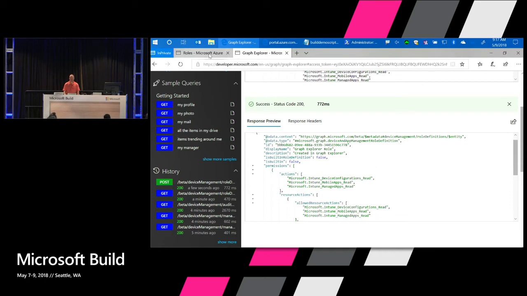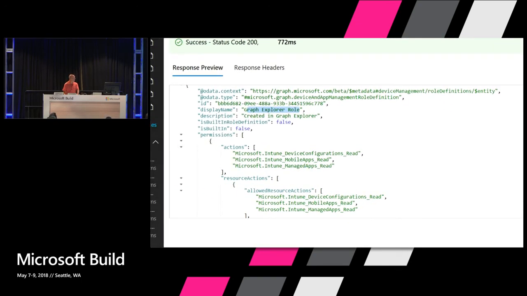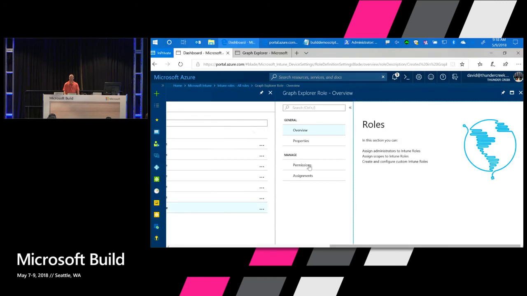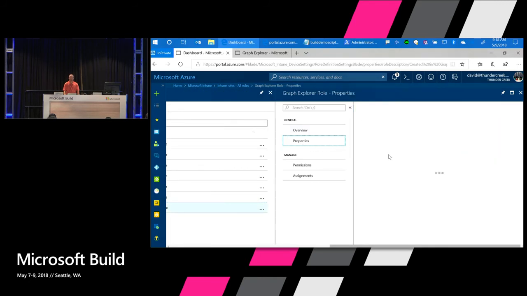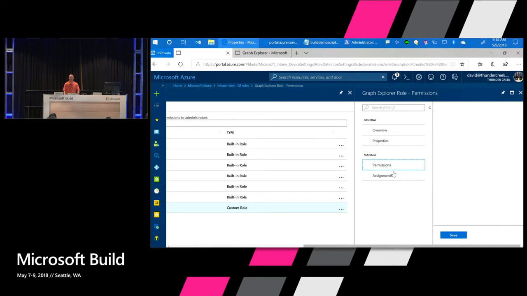So now that I've created that new role, its display name is Graph Explorer role, and the description is created in Graph Explorer. So if we just go back and do a refresh of our UI, we'll see that we've now created our new custom role called Graph Explorer role. And the description is created in Graph Explorer. And if we go take a look at the permissions,